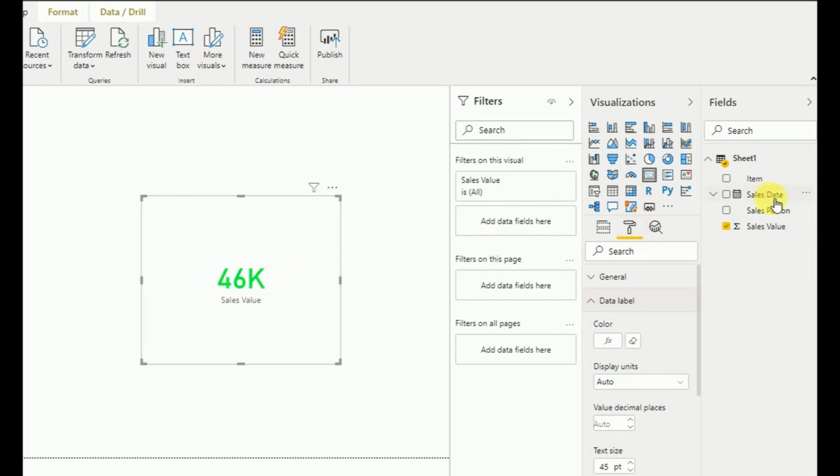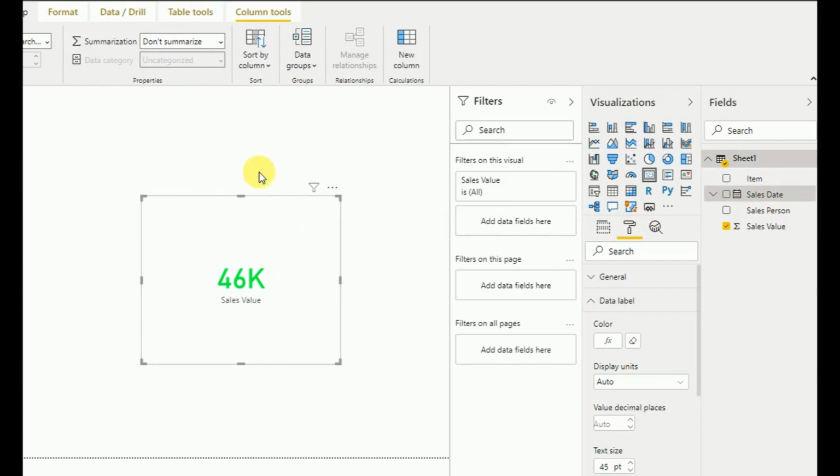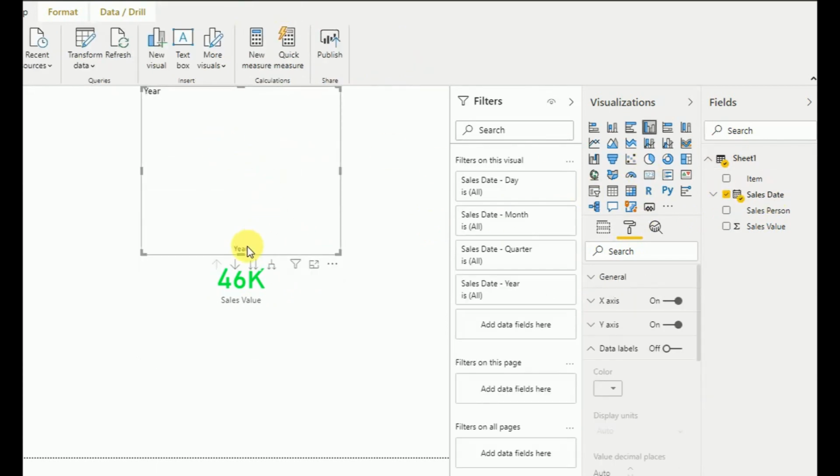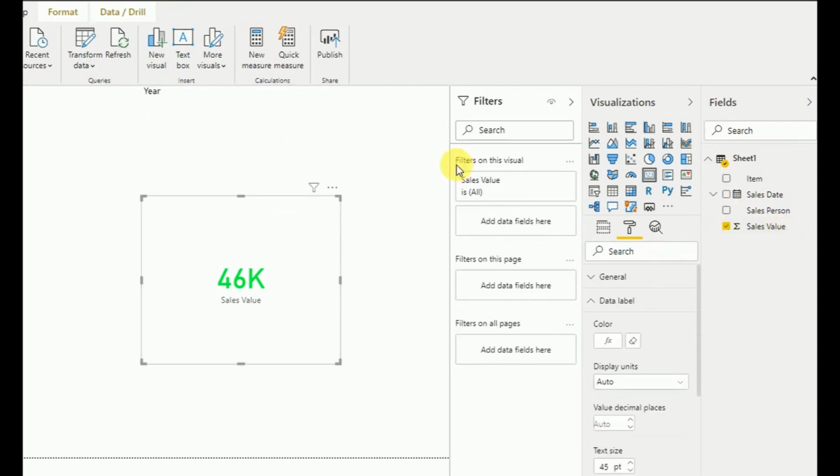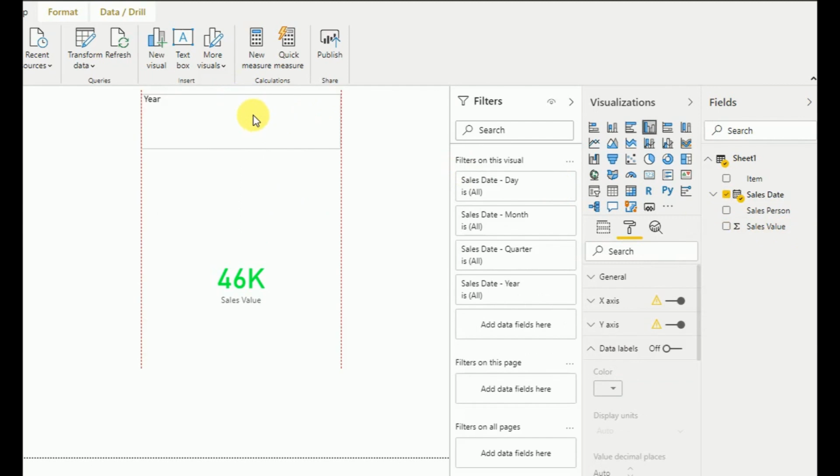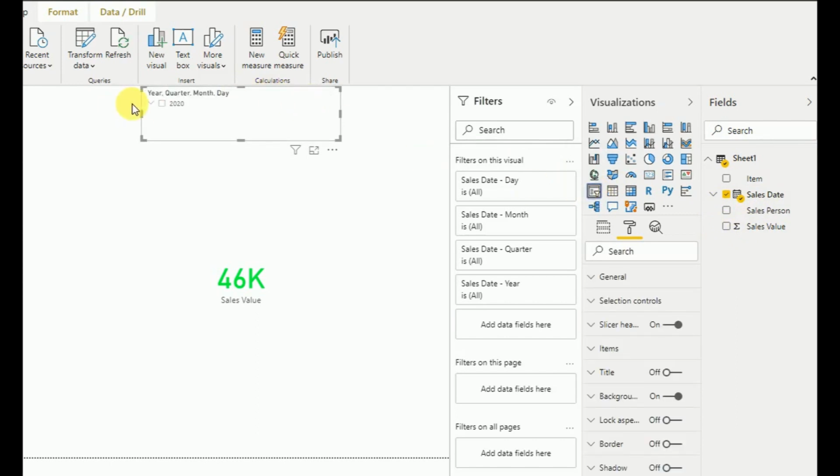So we'll select a small data field here in order to see whether our colors are getting changed. I'll select a few months here. I select 1 quarter.